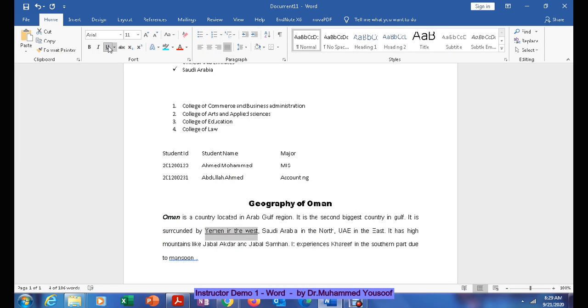Then I want to highlight it. This is called a highlighter, text highlight. I am using this color. If I don't like this color, I can choose another color, a light color like this. But first, you select this one. Then you see it will be highlighted in yellow.